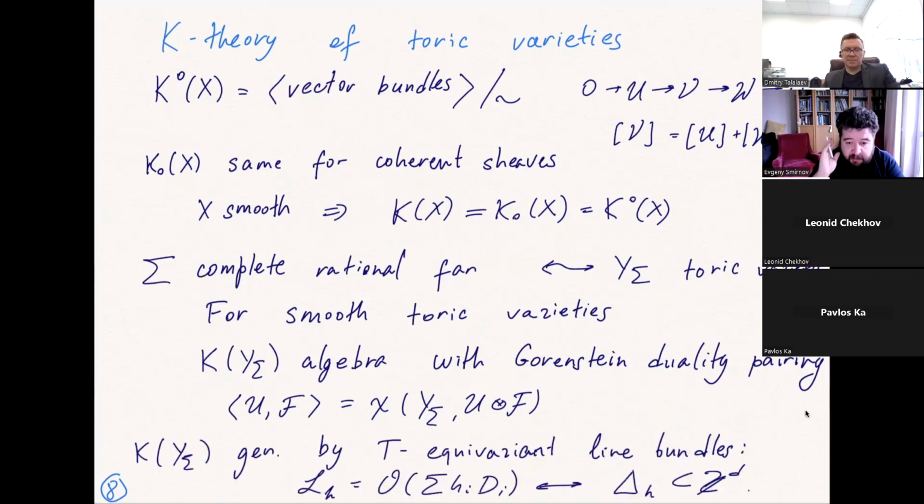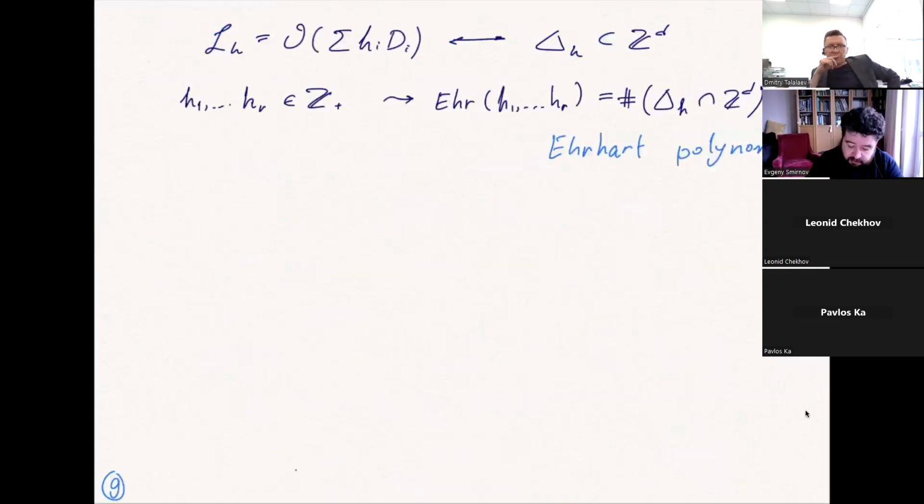As usual, everything is generated by T-equivariant line bundles, so they play the role of divisors in this case. So K-theory looks very much like the cohomology theory, but there's no grading. Instead, there is a filtration. So having a line bundle, which is a sum of D_i's with certain coefficients,